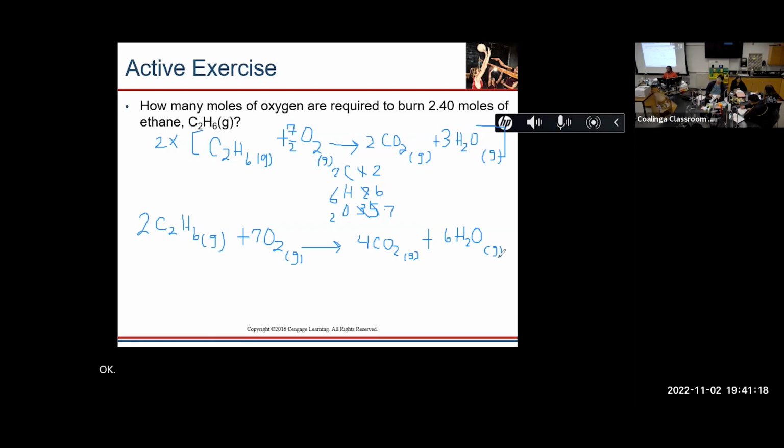So now we have a balanced chemical equation. Good. All we do is multiply the coefficients to get rid of the fractions. Okay, so now what are we going to do? We've already balanced. Well, we should definitely check to see if they're right. So let's go ahead and do that.